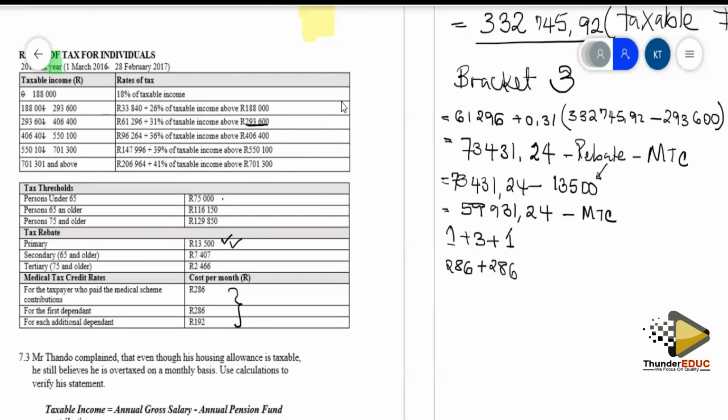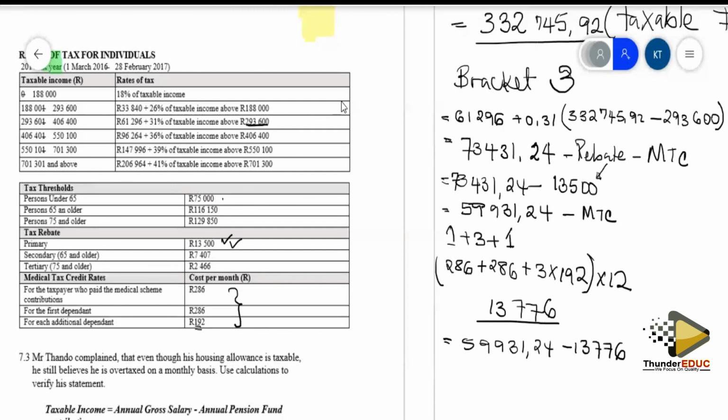So far we've catered for 2 people, but we are remaining with how many? 3. So we shall say plus 3 that are remaining times 192, since each person takes 192. Put everything in brackets and multiply by 12. You end up having 13,707. This is the medical credit, so now the tax will be the balance after rebate minus the 13,707. The money that remains is the annual tax, which is